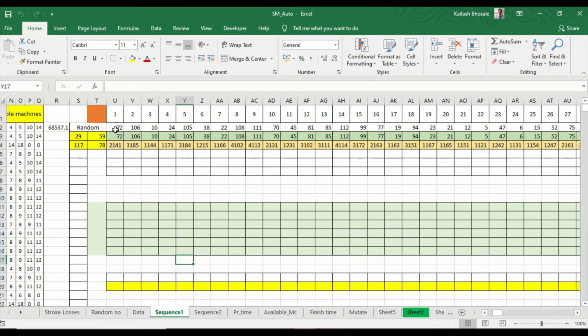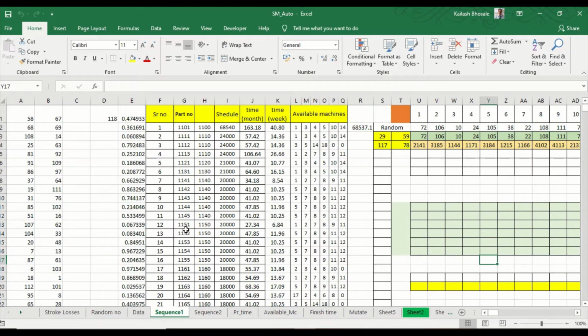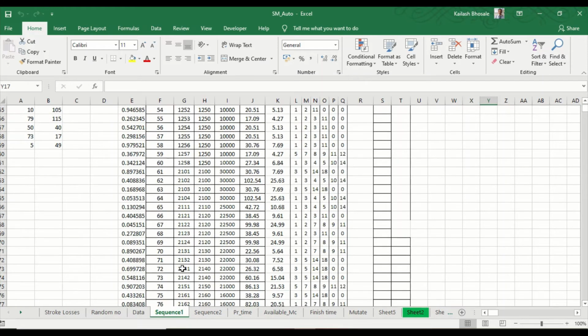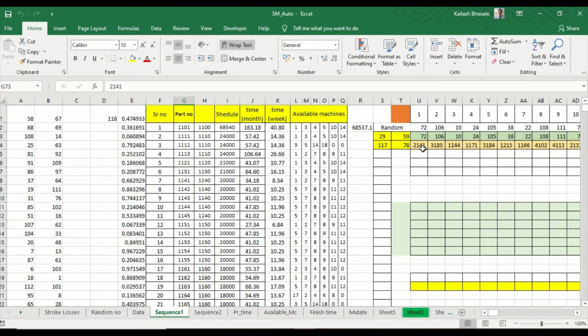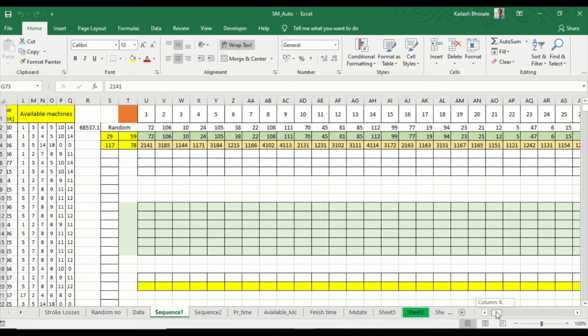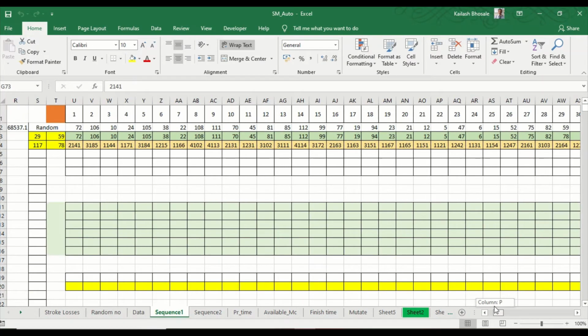Suppose 72 is a random number; for row number 72, the part number is 2141. Likewise, these are the part numbers, all arranged randomly.